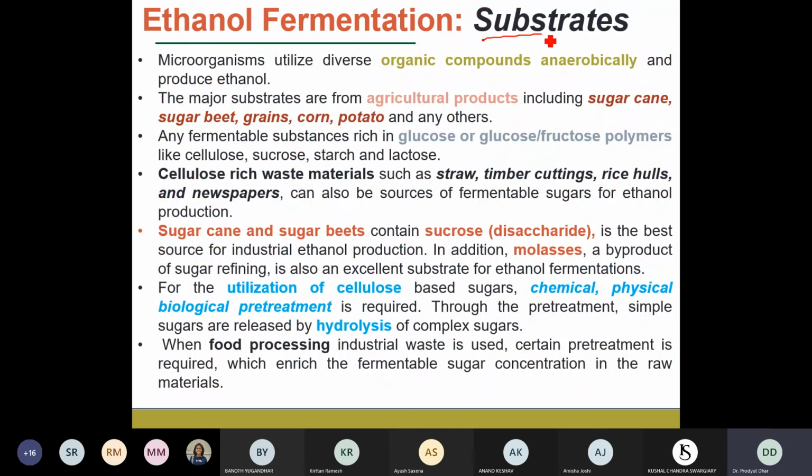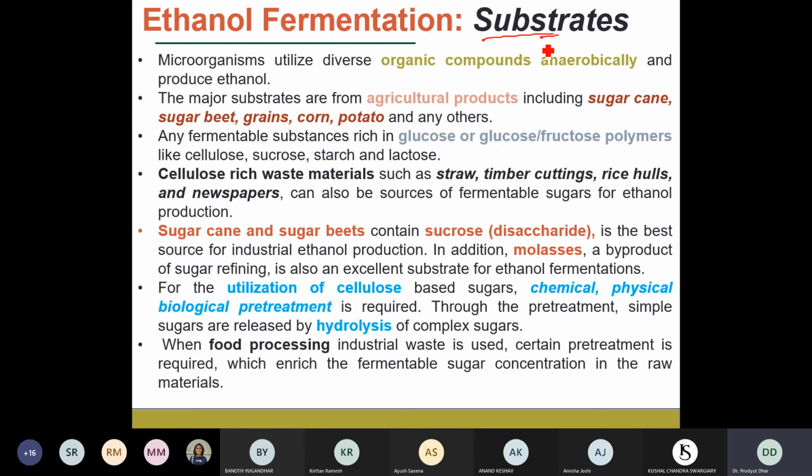One important thing whenever you are going to start a fermentation is that you first have to prepare the media components. You know your microorganisms. For example, if you want to start an ethanol fermentation plant, or even in your lab you want to make ethanol, what you will do is find the particular microorganism. You find the genus name and the species name. You get the microorganism from the cell culture banks that are there in India or outside. You find it by using its accession number. Particular microorganisms have their own number, as I told you, and it is represented in the database.